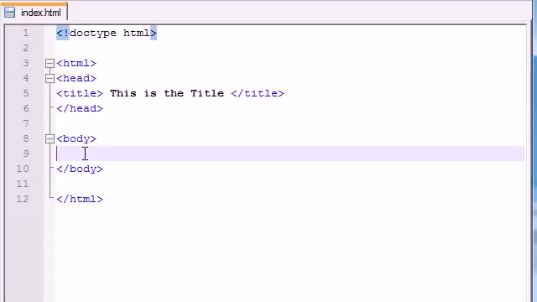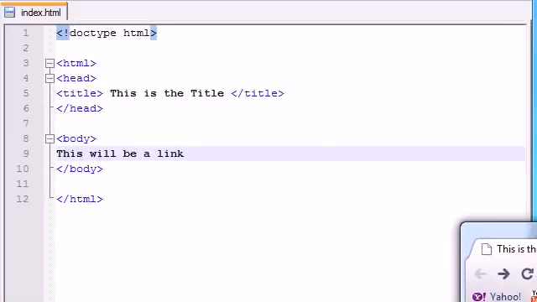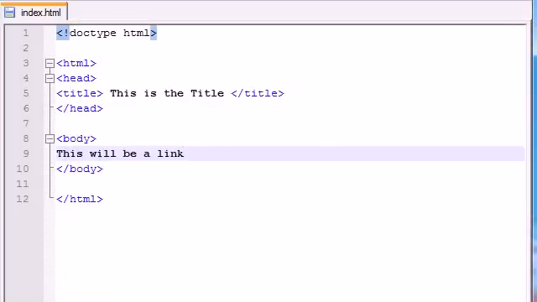The first thing you need to make a link is something that you're going to turn into a link. And this can either be text or a picture. In this case, I'm just going to use plain old text. So let's go ahead and type "this will be a link." Now if we saved it and looked at it right now, then it would just be text on the screen, and when you click it, it does nothing but highlight it. Pretty dumb. So in order to make this a link, we need to surround